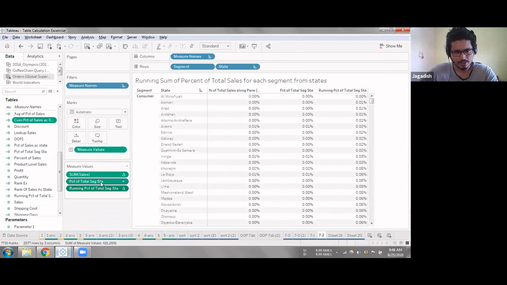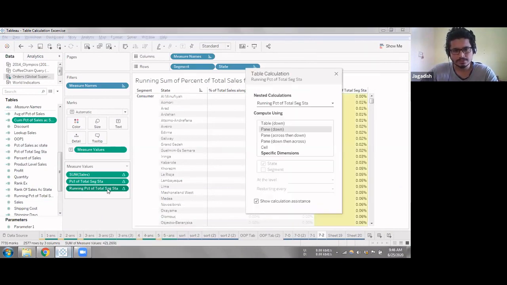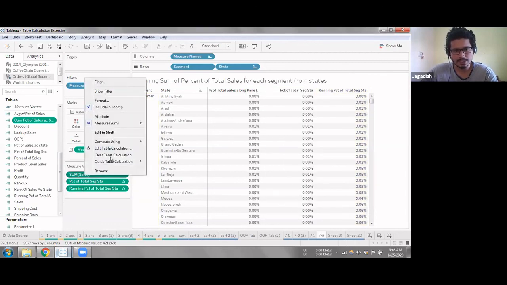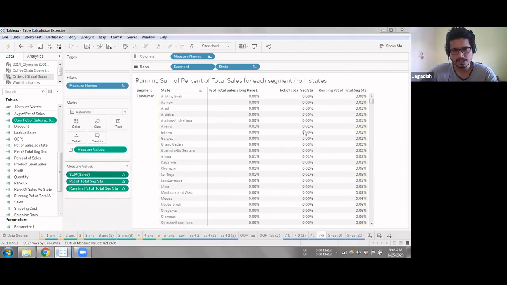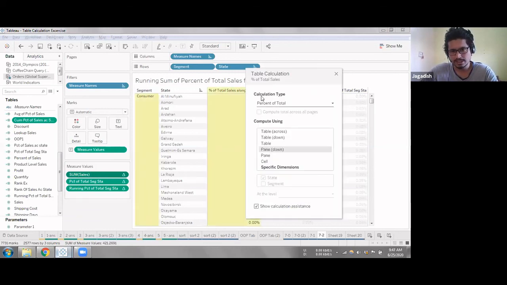Now if I go here, I don't know if you have noticed, but when I go to edit table calculation for this, it's showing nested table calculations before it. It will not show the same for just the primary table calculation; it's just a calculation type for a single table calculation.